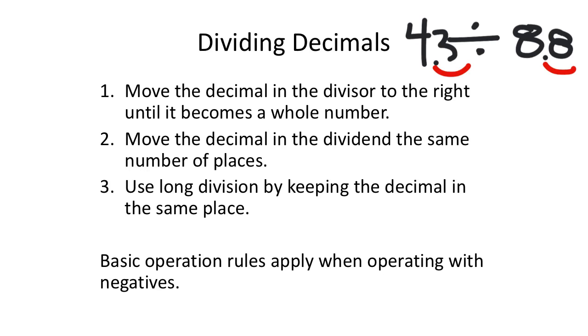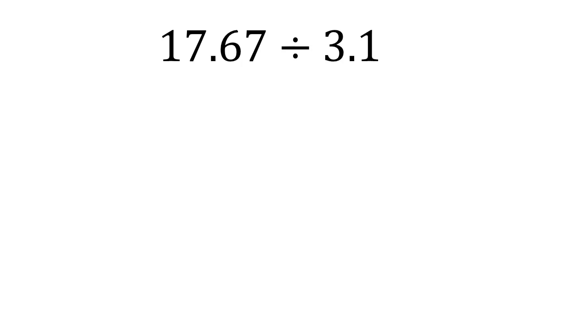But just remember, again, when operating with negatives, all the basic operation rules apply. Okay, so this one's nice. We've got 2 positives. And again, we don't want that 3.1 to have a decimal. I don't care about the 17.67. I just want the 3.1 to have no decimal. So I'm going to take that 3.1 and move the decimal 1 place value to the right to make it 31 instead. But again, if I do it to that number, I've got to do it to this one as well, which would then make it